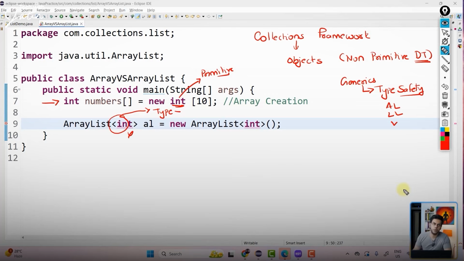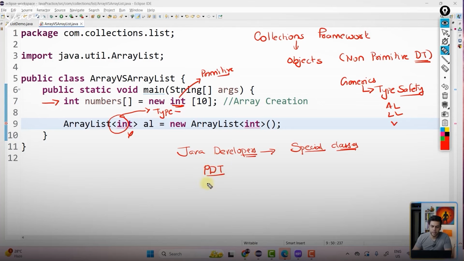I have to give some non-primitive data type. So what Java developers did was create some special classes. These special classes are basically wrappers over your primitive data types.